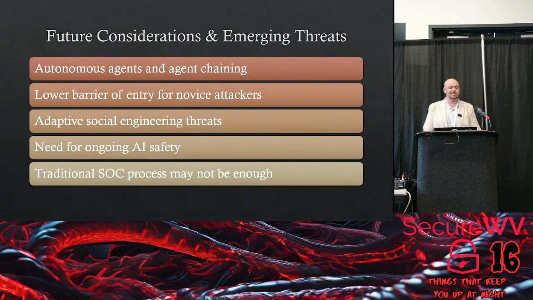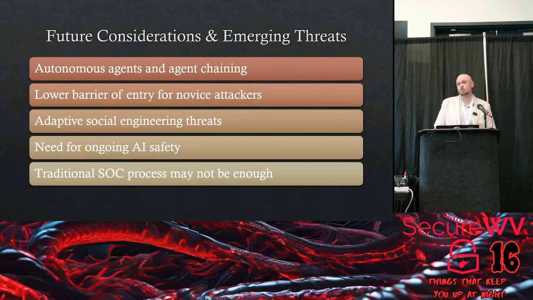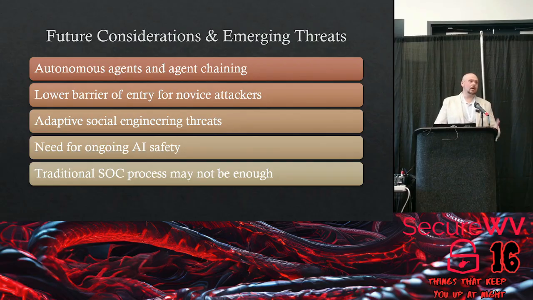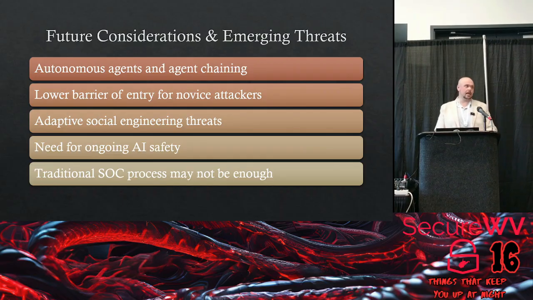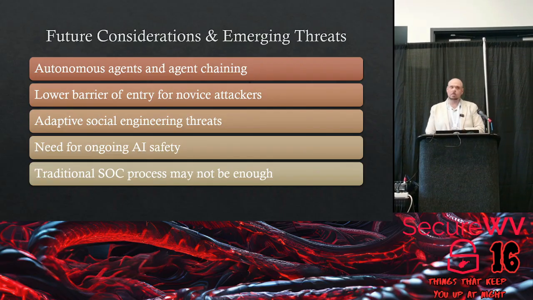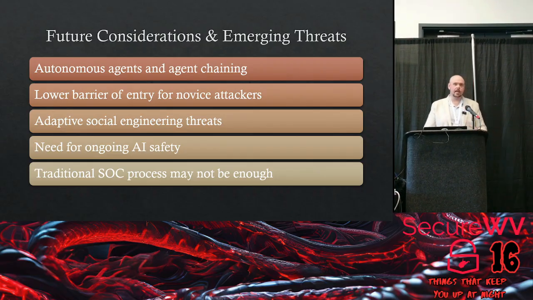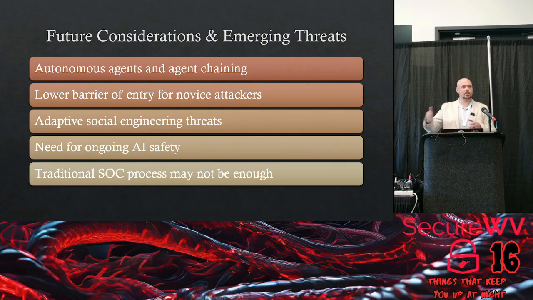And some of the future considerations, some of the forward-looking items: autonomous agents and agent chaining. Agent chaining was a little bit nuts. I didn't think about that one until I understood that it's a cascading effect. A lot of entities and a lot of agencies out there, or even consumer products, are chaining these agents together. You start with, hey, my computer won't work. Then that passes it to a ticketing agent who creates a ticket. Then it passes it to an automated first-level scan. But for every one of those steps without a human in the loop to verify it, something could get misentered, misrepresented. And then you have a chain effect down the line.